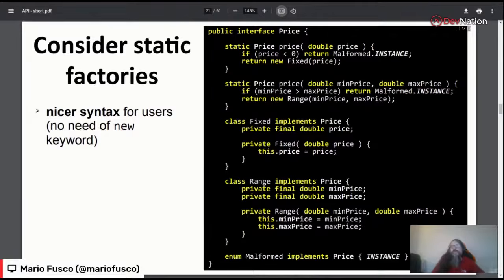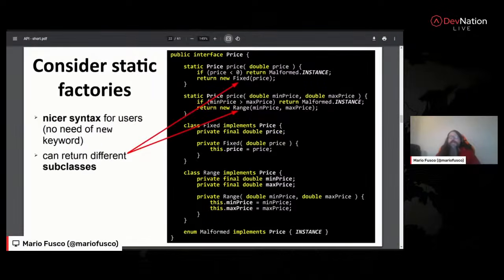Why? Because in this way the user has a nicer syntax. They don't even have to use the new keyword, and then you have much more flexibility, because if you call the constructor of the price class, you are